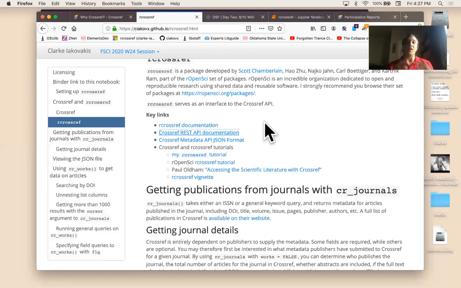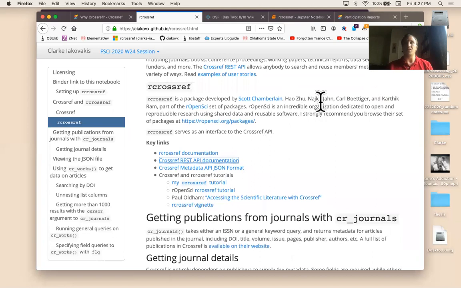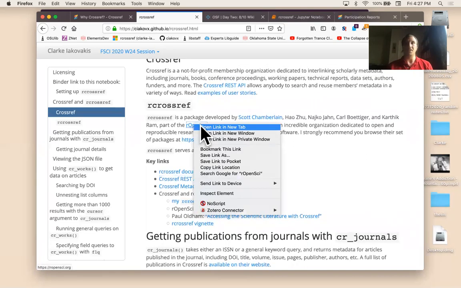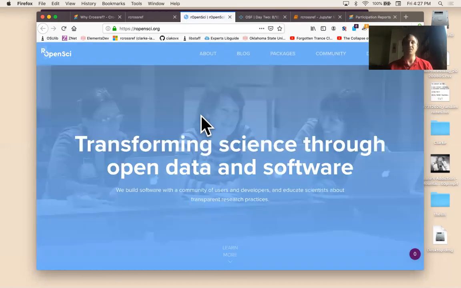And rcrossref is a package that was developed by Scott Chamberlain, Haoju, Nico Jan, Carl Bediger, and Kartik Ram, as part of the rOpenSci set of packages. rOpenSci is an amazing organization that develops software to support and facilitate open data, open science, and open source software. They are also a nonprofit organization,